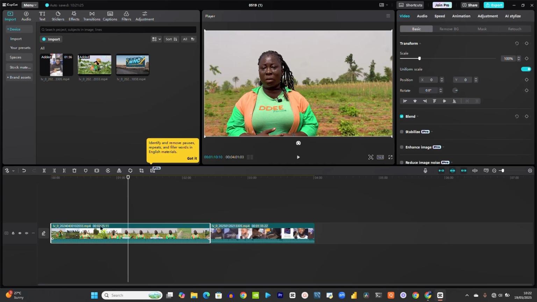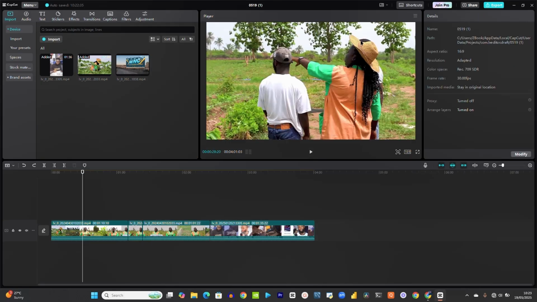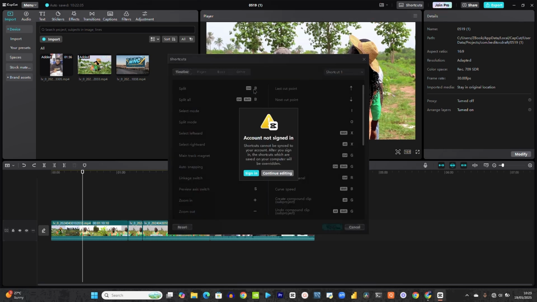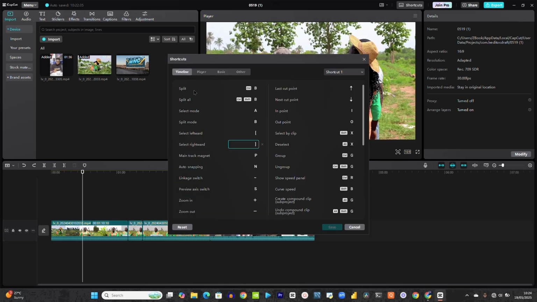All right. If I click on B, it brings the razor blade where I can cut anything I want to cut. Ctrl Z, because I am not cutting videos yet. I am just showing you the workspace. All right, so let us talk about the keys. So I'll just go to shortcuts, and you can actually change them here. Like I said, this is split, Ctrl B, but I am actually using B for mine. All right, so you can edit